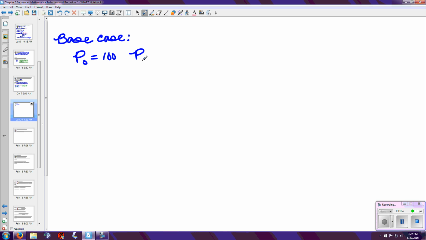Well, according to the formula, P0 equals 1.07 to the 0 times 100. 1.07 to the 0 is 1. 1 times 100 is 100. So we know that our base case works. Moving forward, let's look at our hypotheses. We will assume